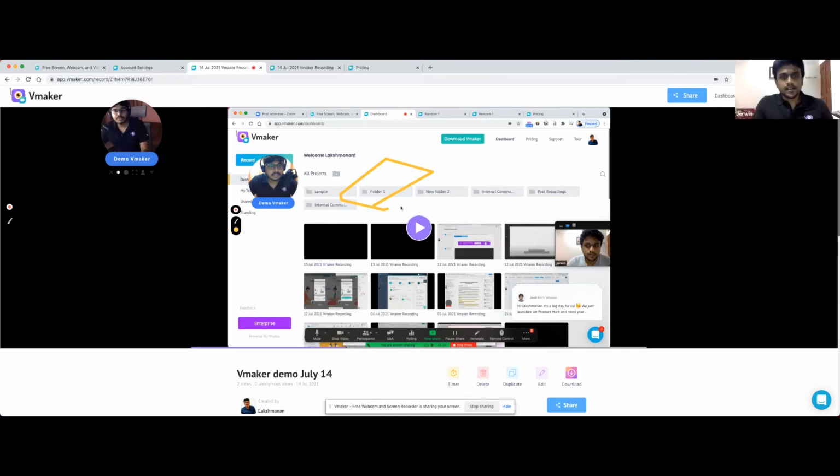Yes, I can. I'm gonna just start sharing my screen. And hey, Lakshman, I just want the permission to start sharing. I'm just doing it. So basically, this is what happens when you have your Zoom app launched, and then you also have the screen sharing on the Zoom, and then you also launch your vMaker application. It takes up a lot of your RAM, and things start act funny. So that's the reason why Lakshman is kind of having some trouble. But let me just quickly run you all through the frames feature.